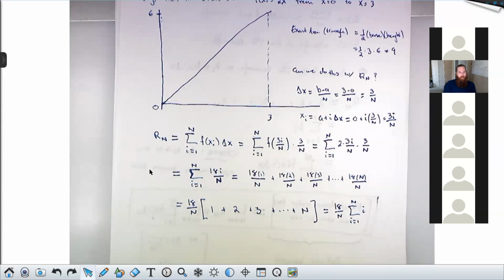And normally I would jump straight from this statement to this statement, saying, oh, well, this doesn't have any i's in it, the 18, and this doesn't have any i's in it, the n. So with respect to the sum, 18 over n is constant, so I can pull 18 over n out. And what's left inside is just i over 1, or i. Here I'm doing these in-between steps where I write things out to help you see why that works. So here's the 18 over n factored out. And then what's left in the brackets here is the sum from i equals 1 to n of i.